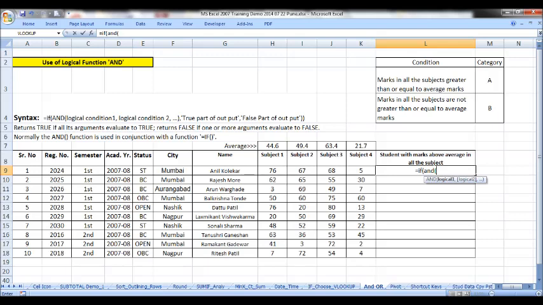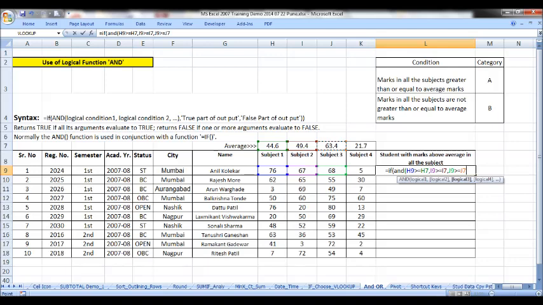What are our conditions? Marks in subject 1 is greater than or equal to the average marks. Second condition, marks in subject 2 is greater than or equal to the average of that subject, comma, marks in subject 3 is greater than or equal to the average in subject 3.